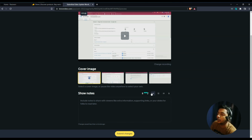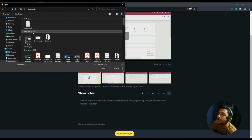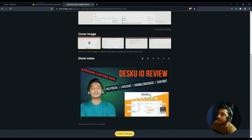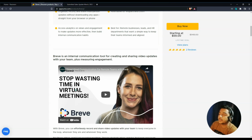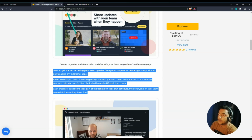After that, they have notes. You can add a note here. You can bold it, italic it. You can add a hyperlink here. You can add a list, and there is an attachment. So you can add an attachment here also. Suppose I will add this image here. See, I can add an attachment in this way, and I can add text. I will get some text from here. Suppose maybe this text,